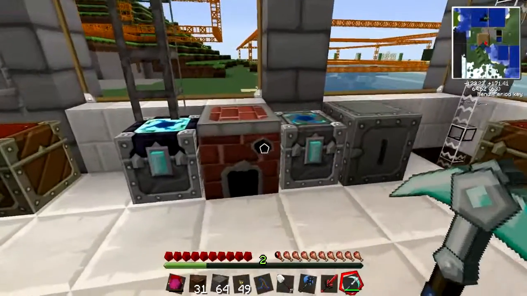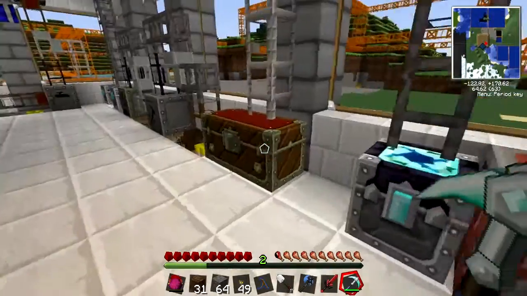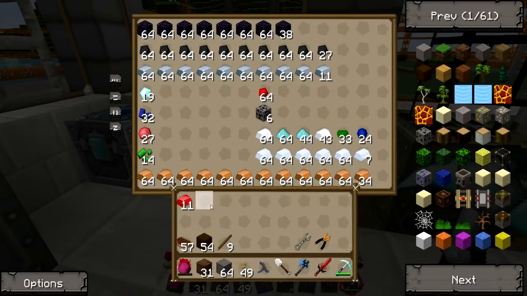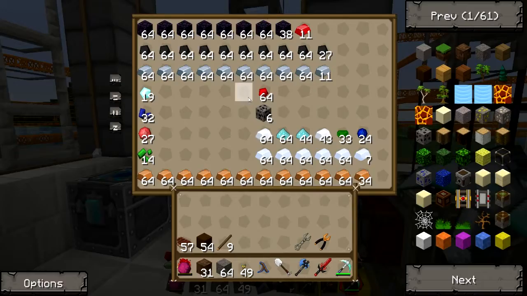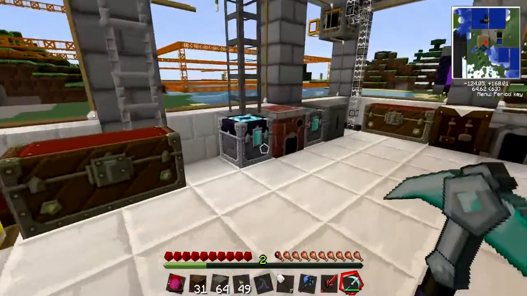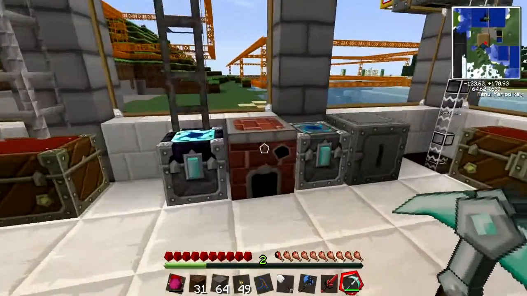Anyway, as I was saying, the red alloy wire I made with this red alloy furnace. What's an alloy furnace? You basically just make it with 8 bricks. Bricks you get from cooking clay. If you cook clay, you get 1 brick. If you put 4 bricks in a square, you get a brick block. And if you put 8 bricks in the same way that you put stone for a furnace, you get an